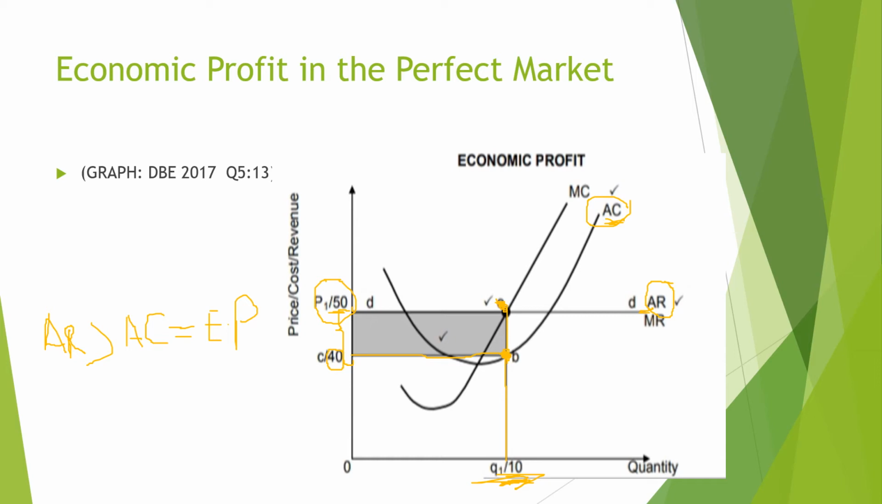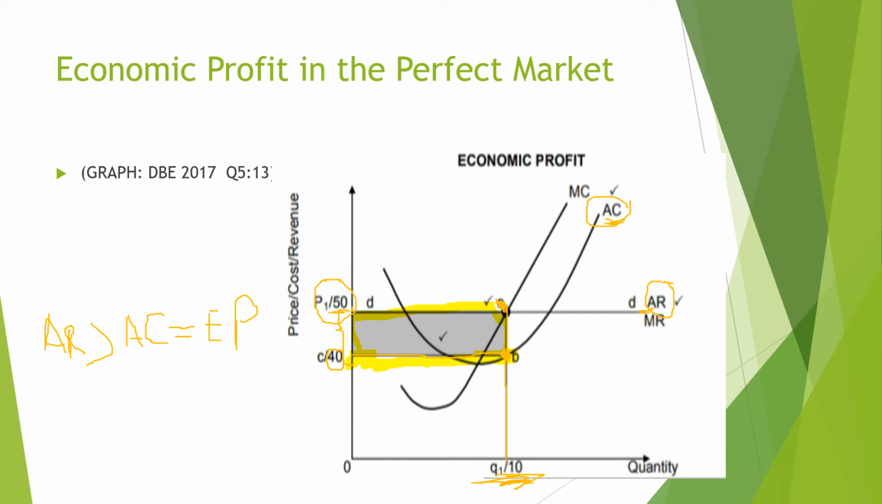So we will look at a point where our MC touches our average total cost curve. It touches it at a point here represented by B. At that point, let's find the price. The price is 40. So we are saying our average total cost is 40, and the price, average revenue, is 50. So this part here is representing economic profit, because average total cost is equal to Q10